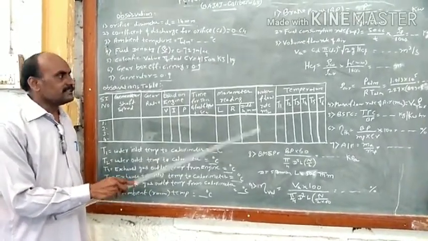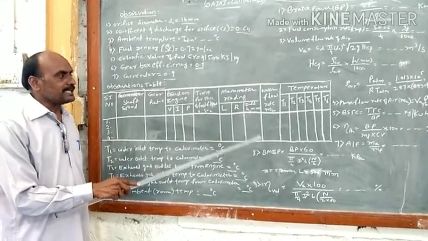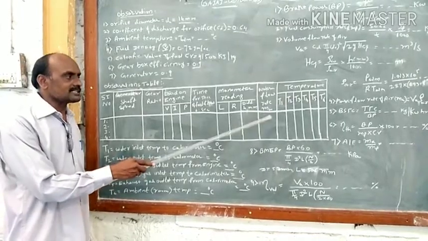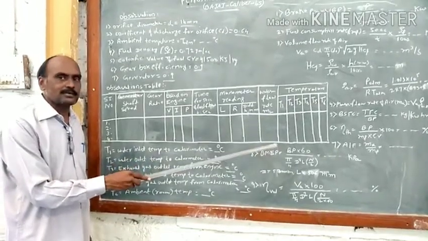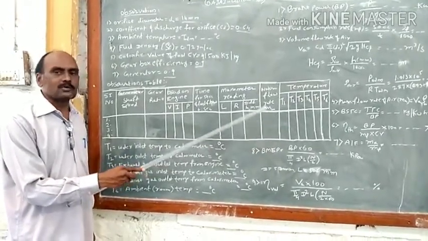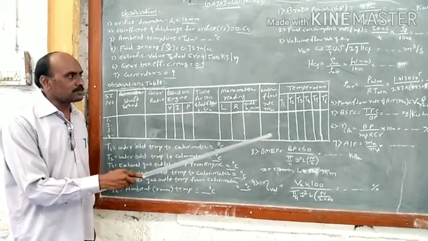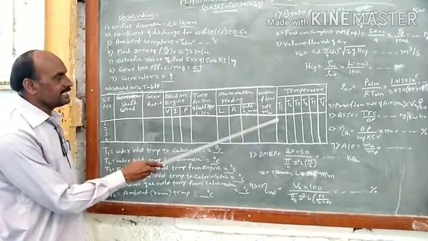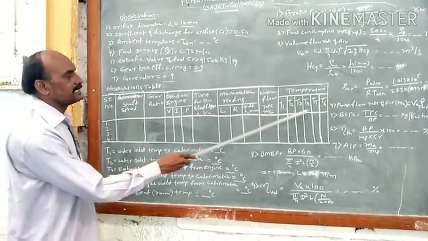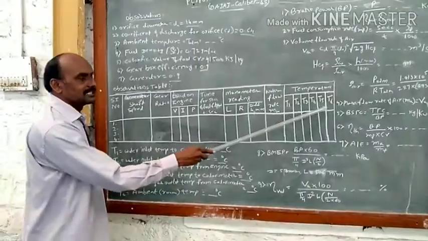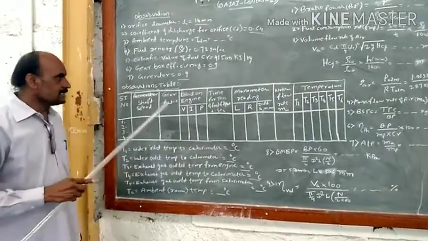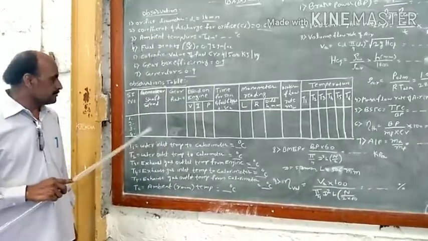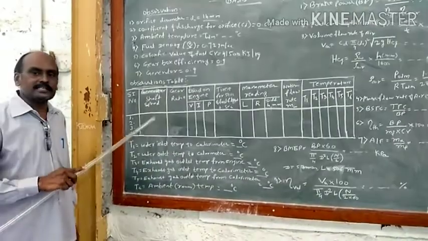These temperature values are necessary because for drawing the heat balance sheet for this particular engine, we need all the heat expenditure parameters: heat to the cooling system, heat to the exhaust gases, heat to the actual power, and also the unaccounted heat losses. All these 4 parameters need to be calculated, and for that purpose, in each experiment we need to note down all these temperatures.